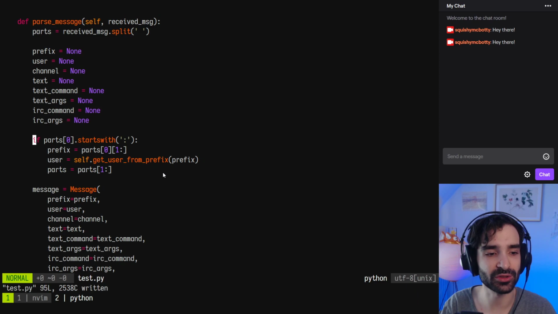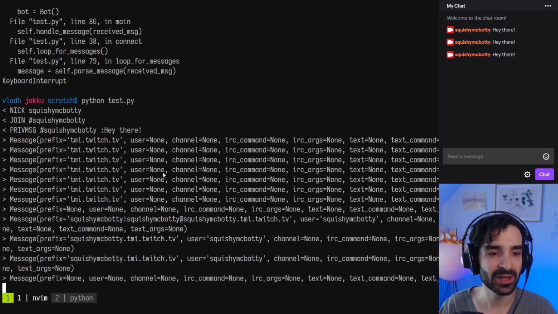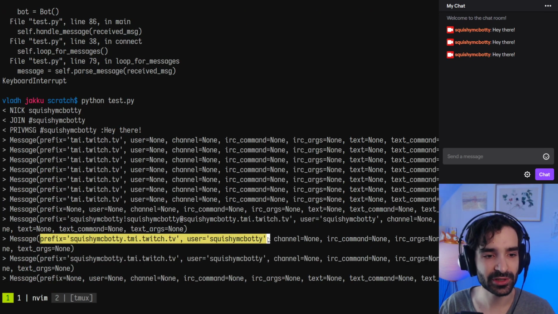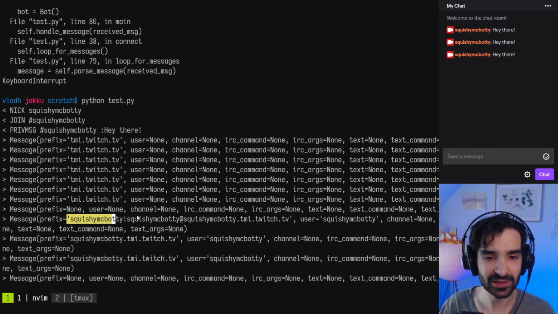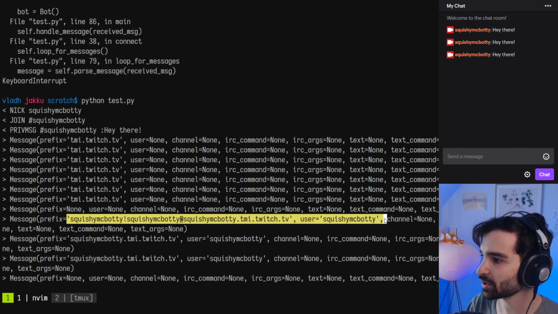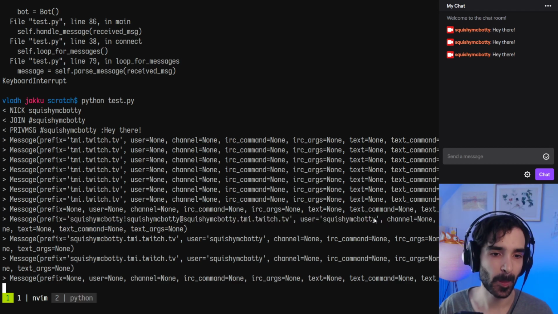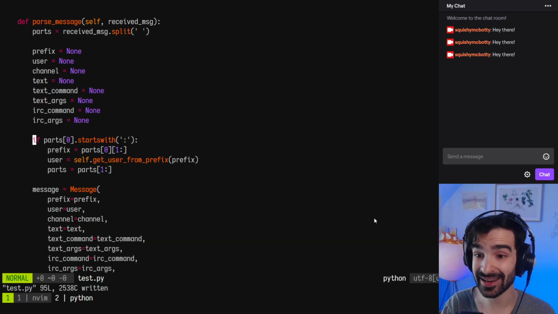And so now we're getting our user, so we can rerun the bot, and as you can see here, we're getting user squishy muck body for this configuration, and for this configuration we're getting user squishy muck body, so it worked perfectly. All right, now what is the next thing